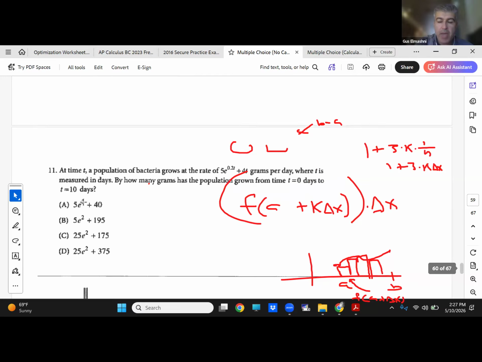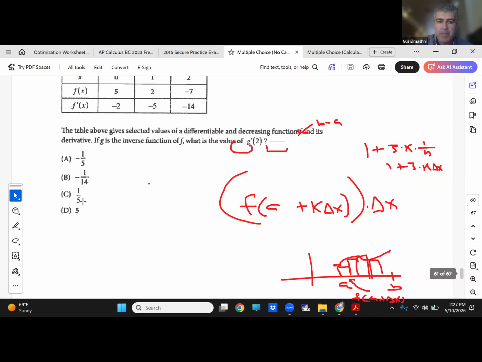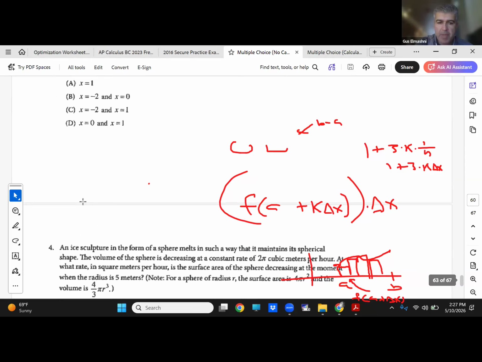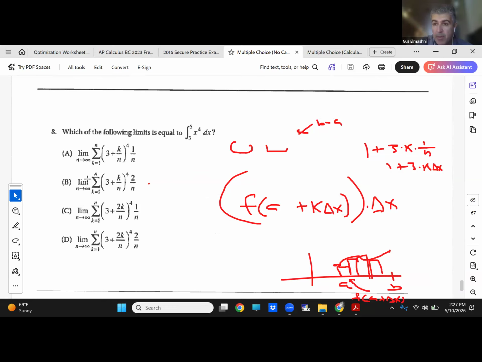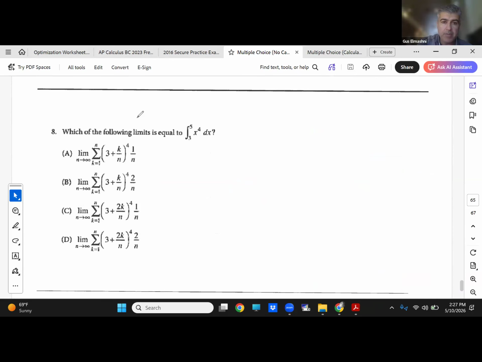So let's try another one. So A was the correct answer for that one. Let's try another one that's kind of cut from the same cloth, but it goes the other way around. Now you're given the definite integral, and you have to write the Riemann sum that goes with it. So which one will that be? This one's a little tricky. But remember,